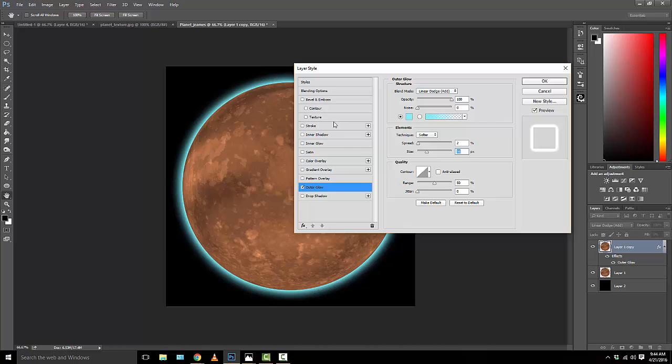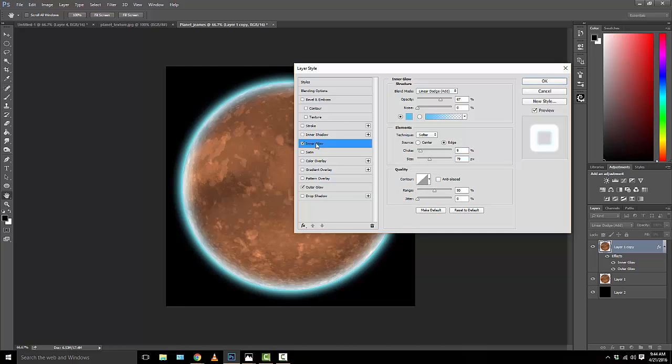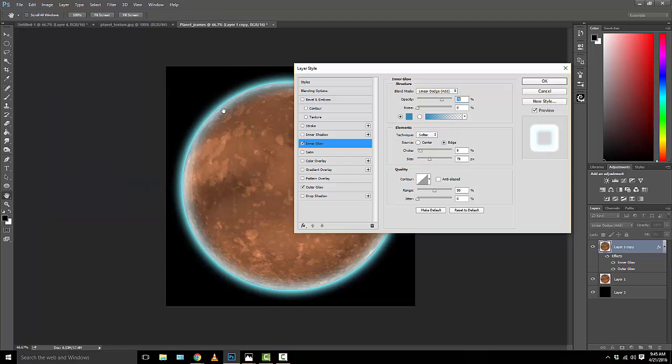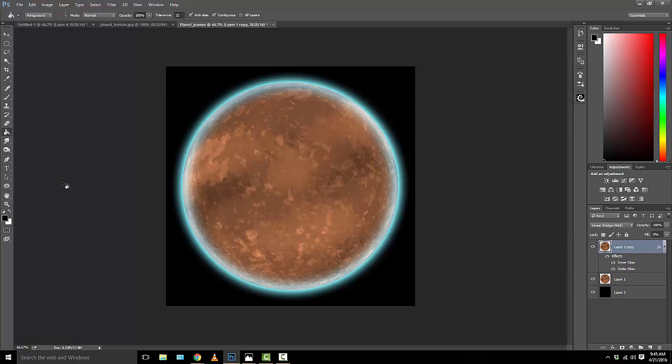Next, I'm going to click on Inner Glow and click to bring its options up. Once again, I'm going to change to linear dodge. I'm going to bring the opacity somewhere around 70%. I'm going to get a semi-darker color for the inner glow, still sort of in the blue spectrum, and press OK. Now, these sliders you can play with on your own to change the way the glow is actually going to work. Find the way you like, and press OK. Now we have sort of an atmosphere that goes out into space and folds in on itself as well. Create a brand new layer